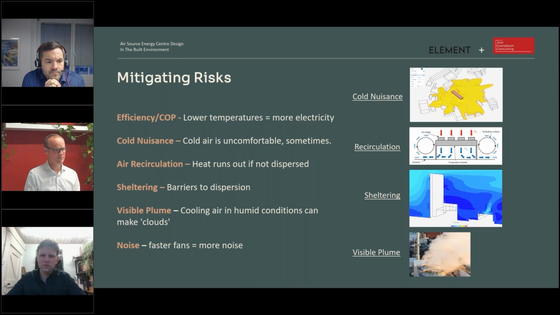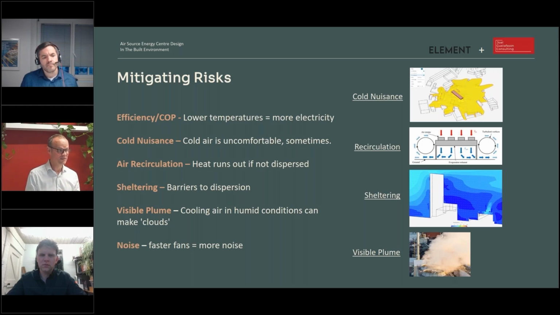In quite extreme circumstances, we get this a lot in the UK. You get reasonably warm, humid conditions, 10 degrees saturated air. It's possible to super saturate the water. So if you take heat from it, and that is what clouds are, droplets of liquid water suspended in a gas, it is plausible to make visible plumes if the units are really badly operated.